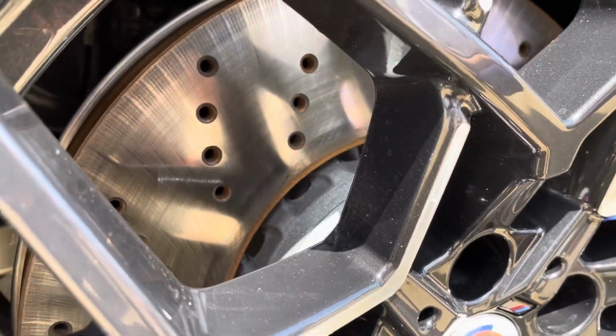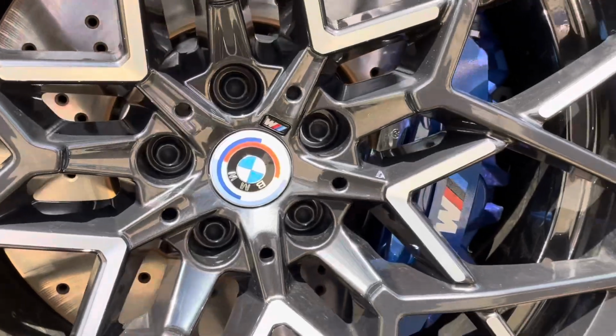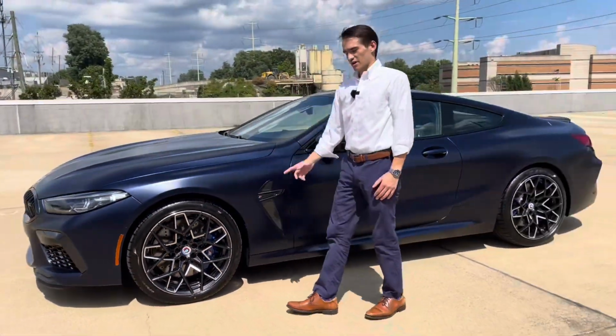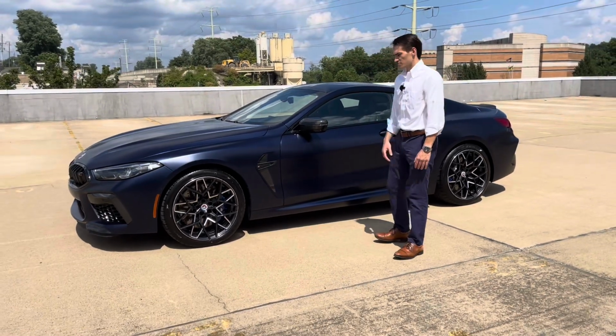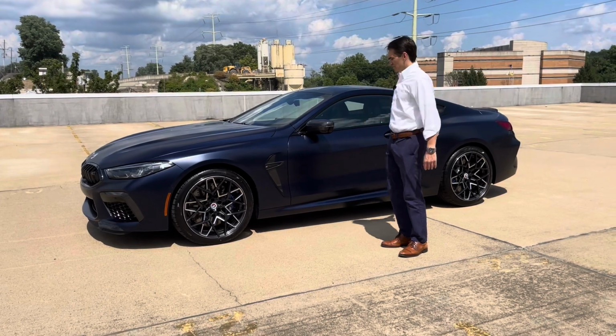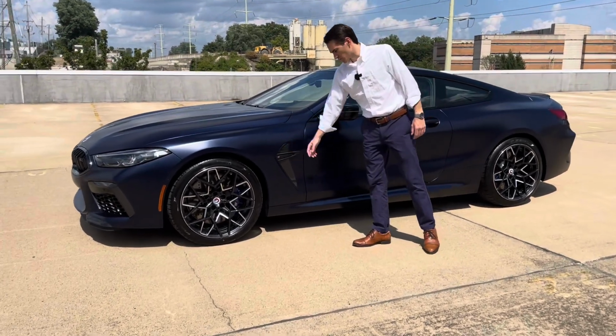Just one of the many considerations that BMW makes when they design their brake packages for M cars. They know that these cars get driven hard and the brakes are there to back it up. So really powerful 6-piston front brake caliper. Moving along to the side of the car design-wise, you have some more carbon fiber right here, part of the